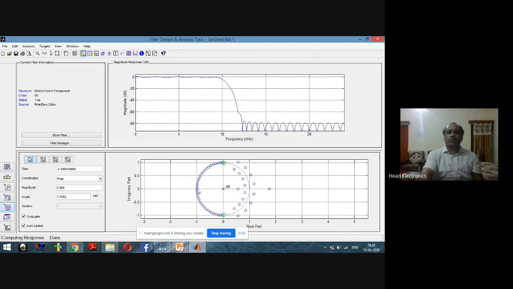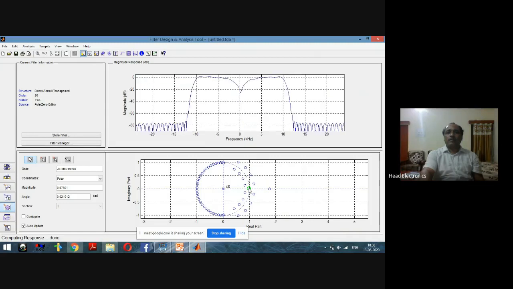Suppose we select another zero here, that is, the real zero, not a complex pair. We are changing this one and say we place it here. Now see, this will be the response. The shape is changed, the response is changed. It must be the response of a low pass filter, but now the low pass response is of a different type. It does not start from 0 here, but from some level below, about 20 dB below the 0 dB.